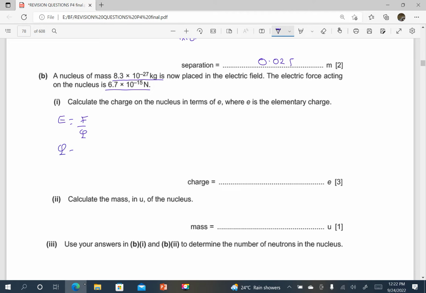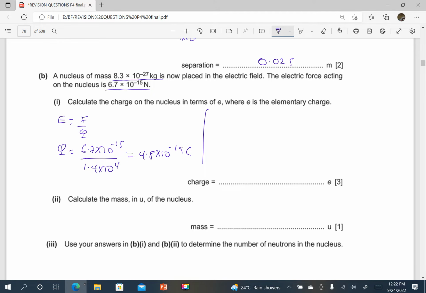So Q is going to be equal to F, which is 6.7 times 10 power negative 15 divided by 1.4 times 10 power 4. That is what we had as E. And this is giving me 4.8 times 10 power negative 19 coulombs,